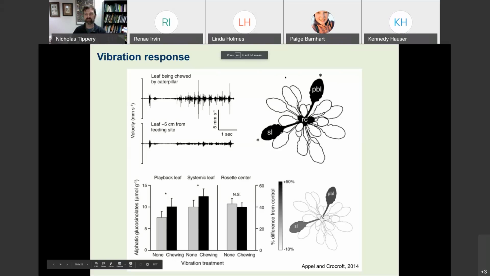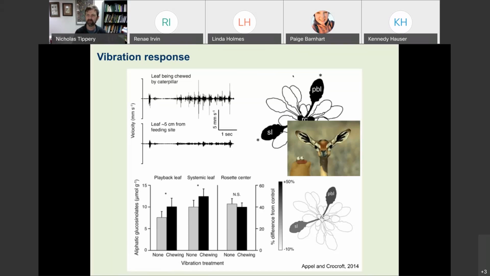So I mentioned the plants finding water through vibrations. Sensing touch, actual contact, is one form of sensing, and sensing vibration is another kind of variation on that. It turns out that plants can detect if they're being chewed on just by the sound of it. So they run experiments where they isolate the sound. I don't know what the sound of a caterpillar chewing is, but